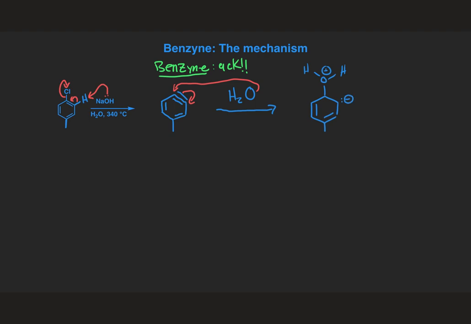And you generate this weird intermediate that has both a positive and a negative charge in it. That negative charge is quickly going to pick up a proton from this protonated phenol to generate your substituted benzene and the 4